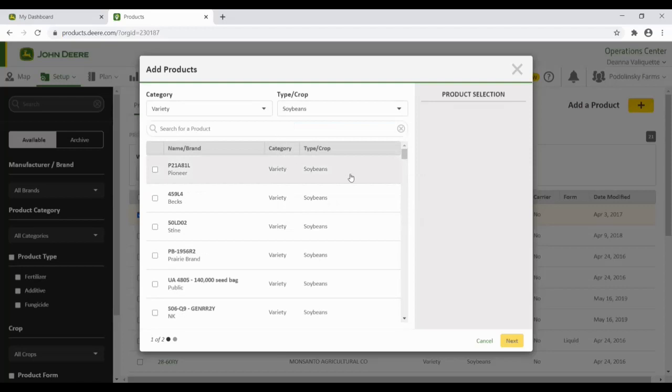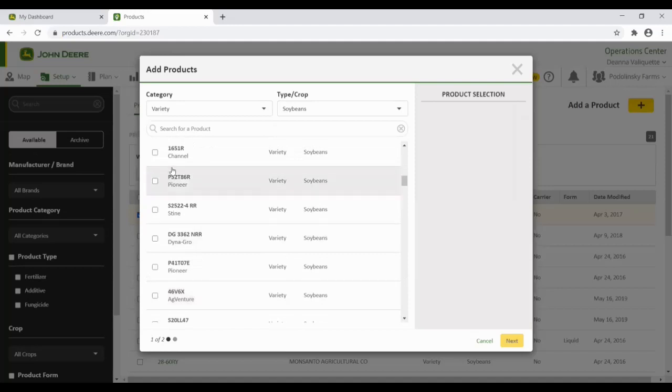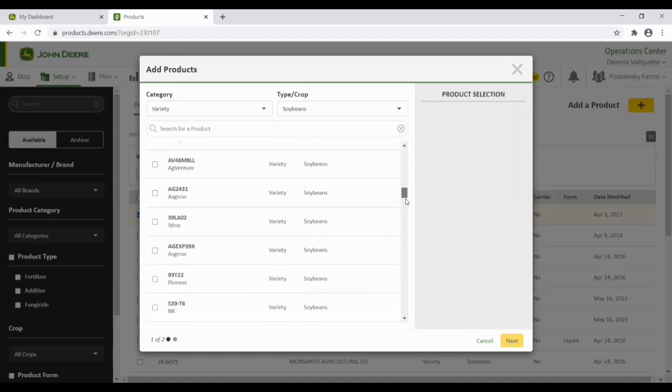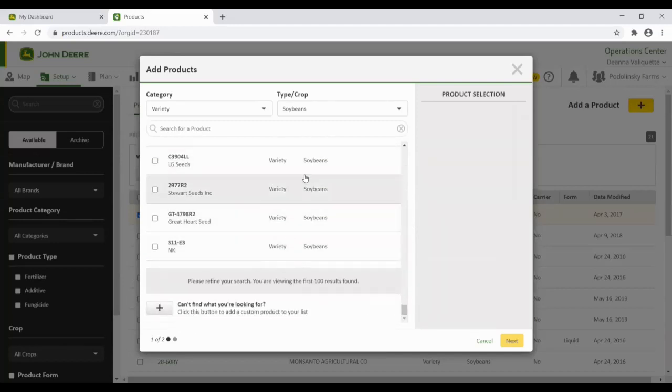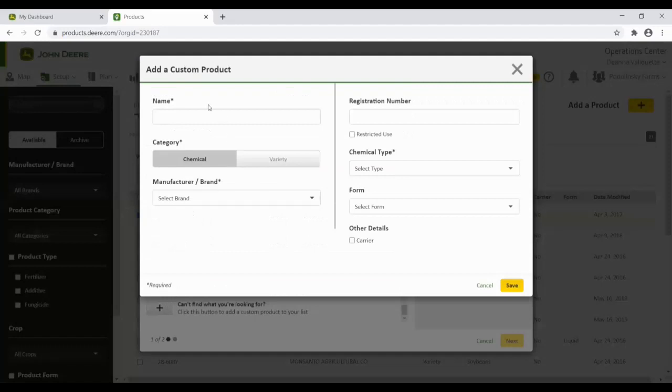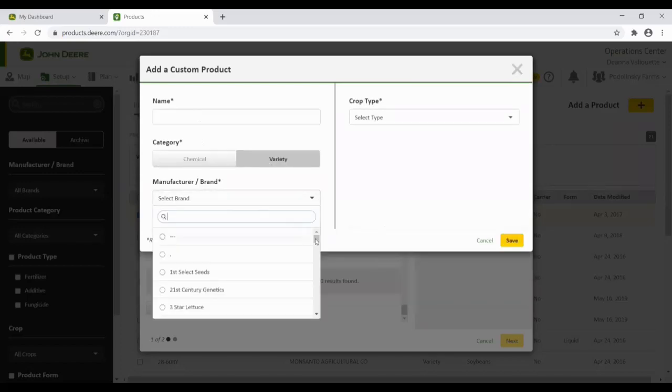Again, I'm not going to add anything to mess up this data here, but I believe this is a US-based option that comes in. And most times I find we have to scroll right down to the bottom here, where it says can't find what you're looking for, and we add a new one. Now you can call it whatever you're accustomed to calling it. Whether it's a chemical or variety, you have to toggle there. Same thing, pick your brand. If it's not listed, in this case, you have to find the